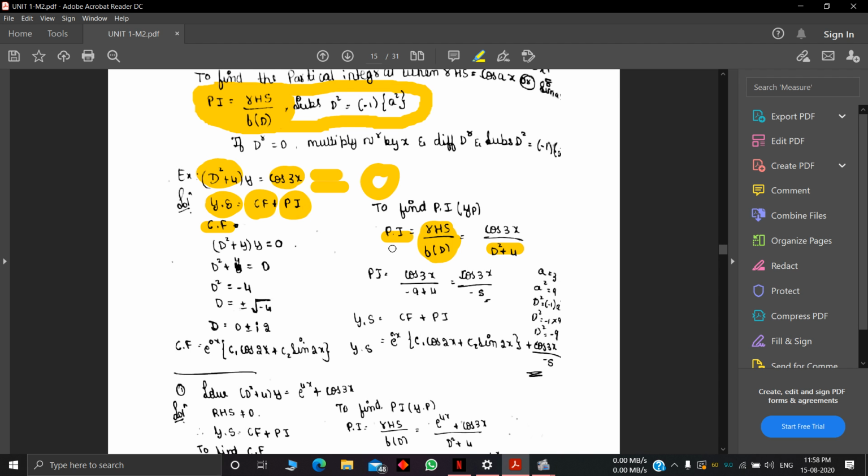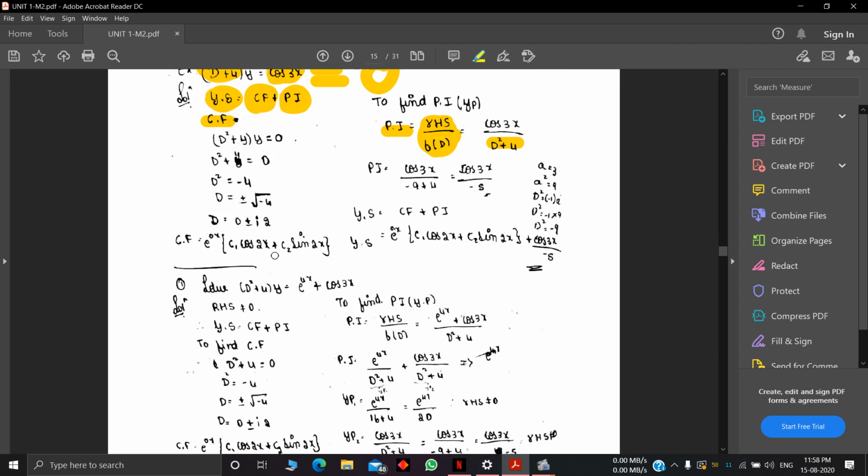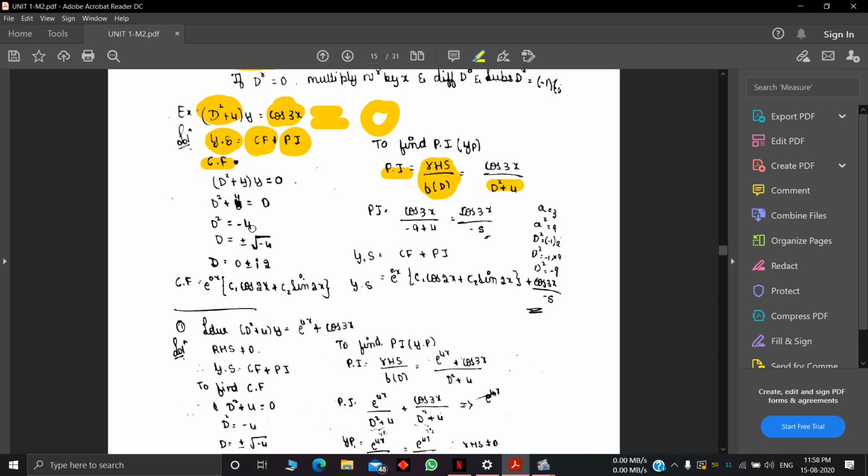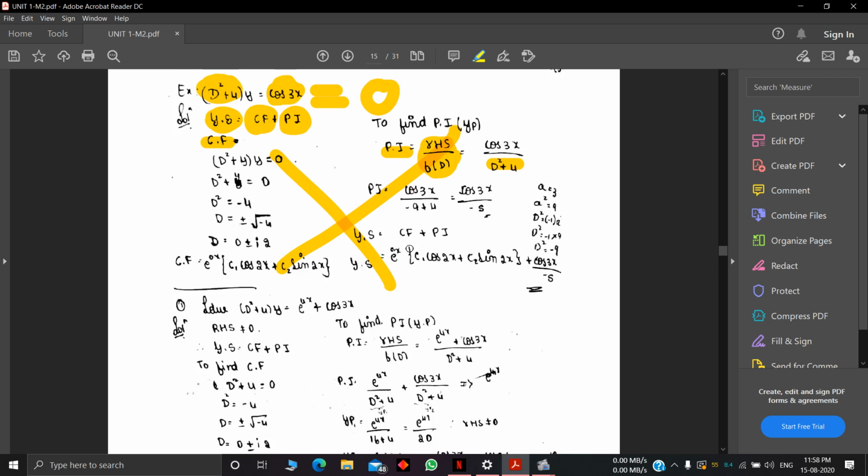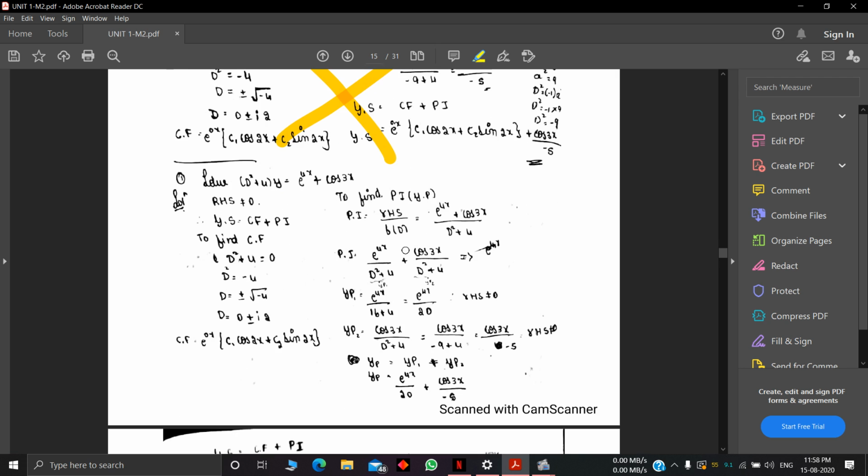The RHS is just the RHS side itself, it's cos 3x. Rather than doing this particular example, we can just go directly and solve some problems. That's better, I guess. So, going to the first question,